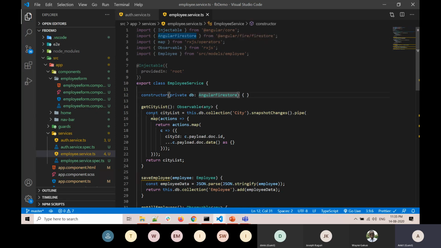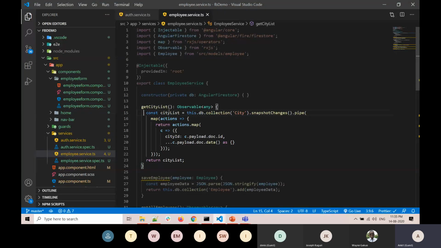Once we inject Firestore, the first method we are going to write is getCityList. We have just added the city collection. Now, when we launch the application, we need to make sure that data is available to us. We need to fetch that data, and only then can we bind our drop-down list.